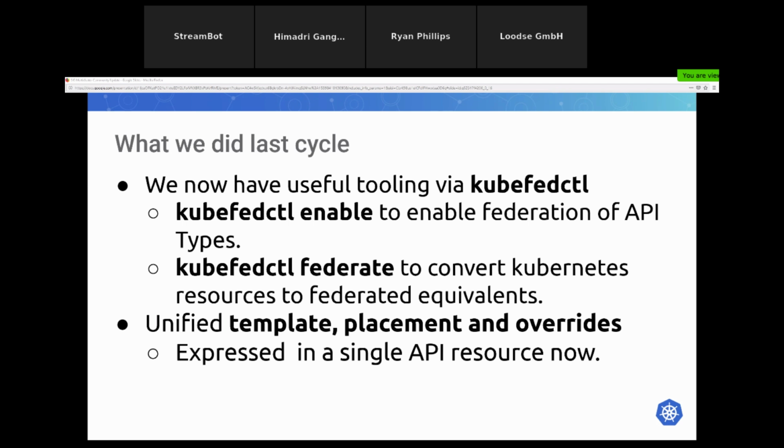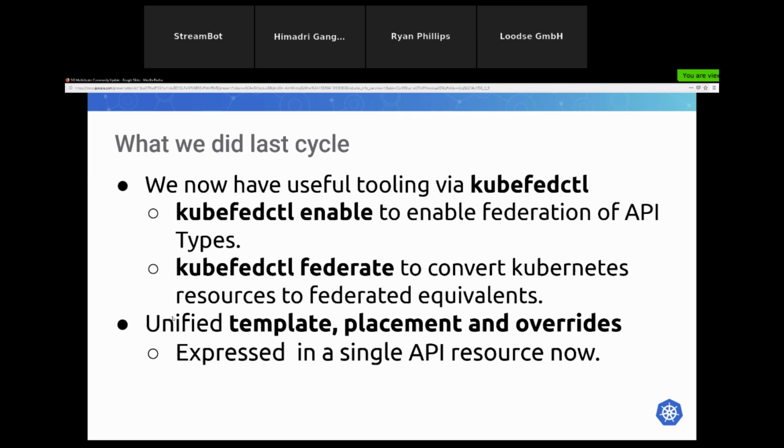We now have this all expressed in a single API resource. There's a CLI command that automates this enablement for you, and also a CLI command that will convert normal resources into their federation equivalents. And if we could advance one slide, I'll say what I think is probably the most exciting thing